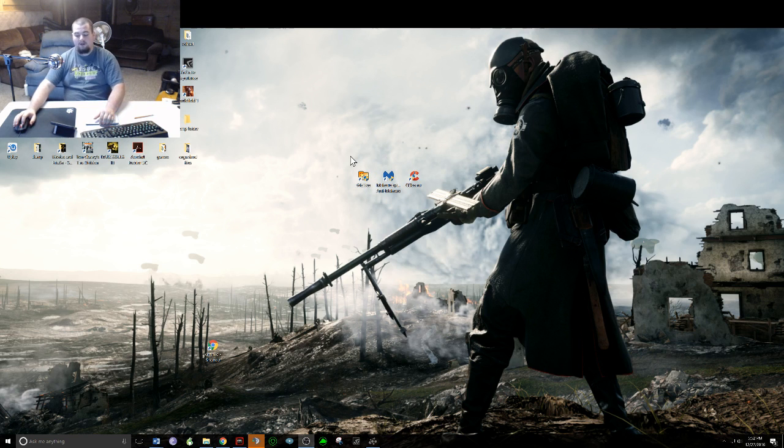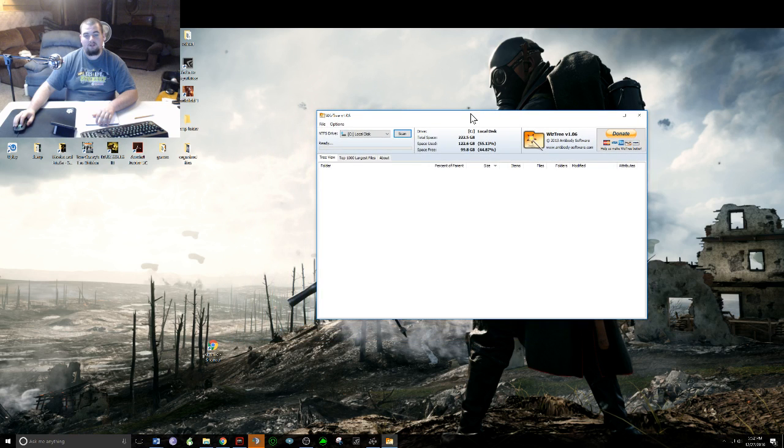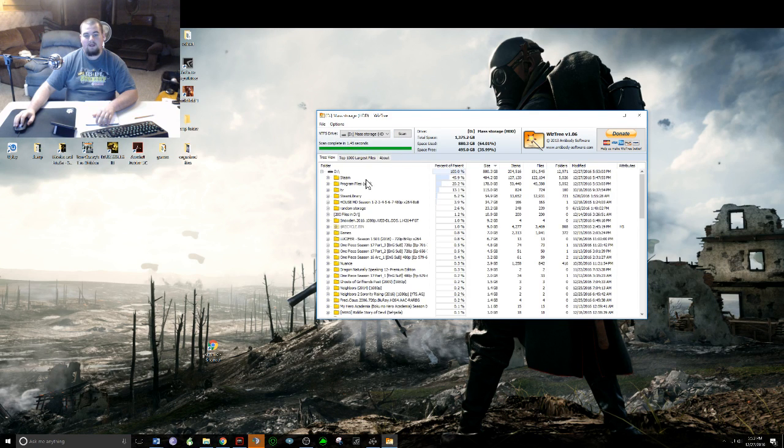Now a third program that I use, and I greatly enjoy this one if you're wanting to go through and choose individual files that you no longer want, is WizTree. And what WizTree does is it's this little file organizer. You go up here and you choose what hard drive you're wanting to look at. Just for demonstrations, I'll choose my mass storage. It'll scan your storage and it'll show all items that are currently on that